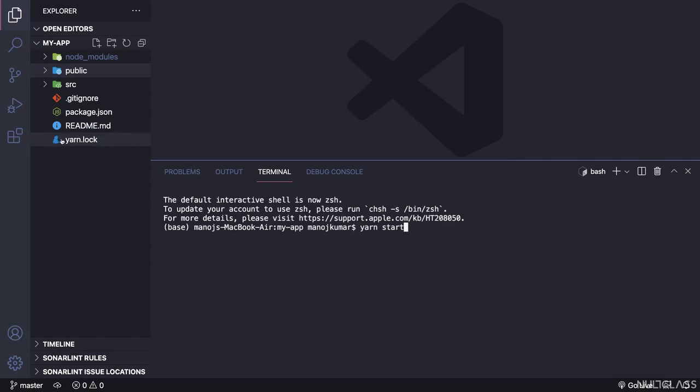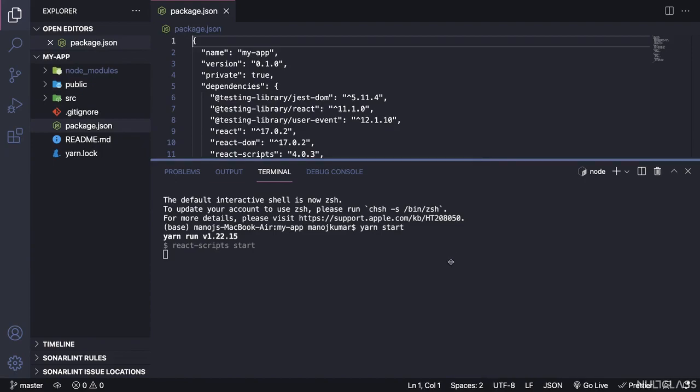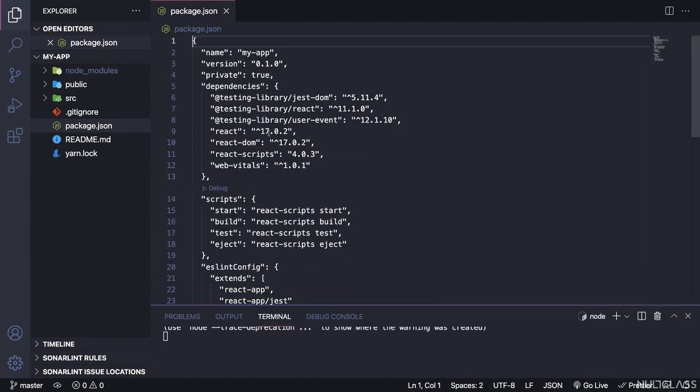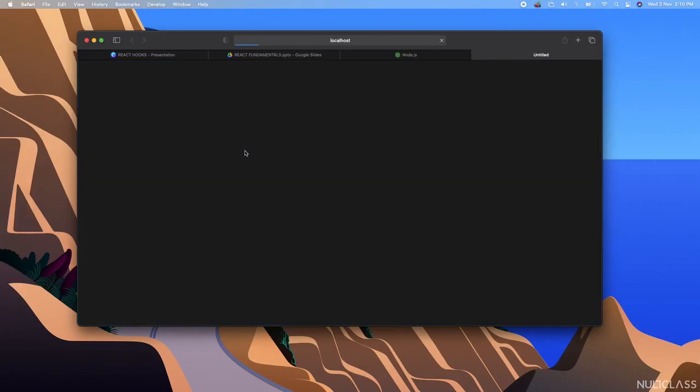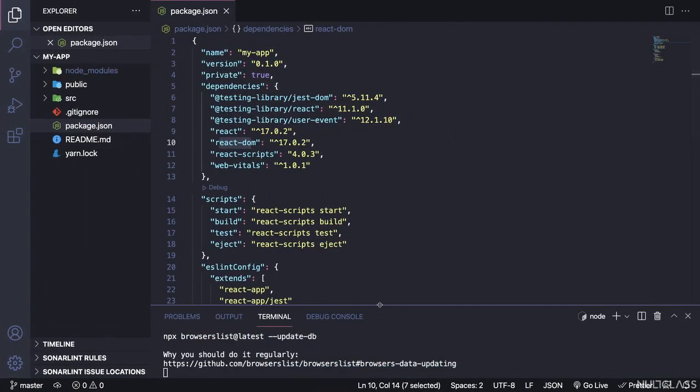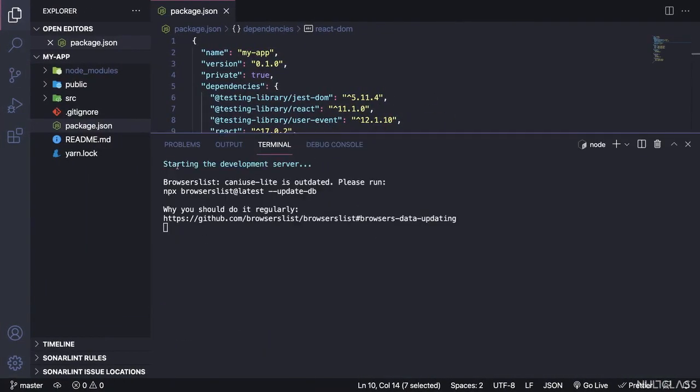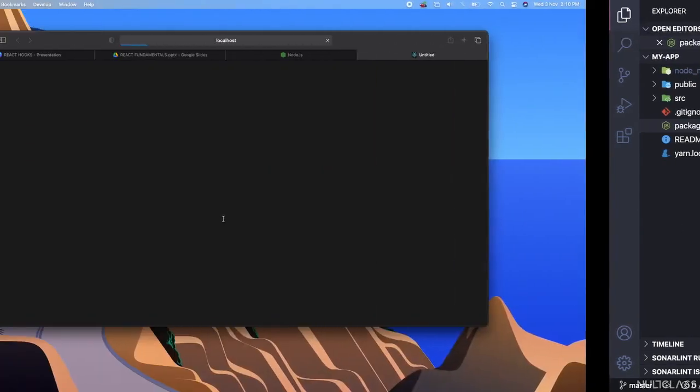If package lock is present, then do npm start. So hit enter. You can see it starts the React script. Where does this start command come from? If you go ahead and open the package.json file, you can see some dependencies are already installed, which are nothing but React. You can see our app is starting the development server, so it automatically opened